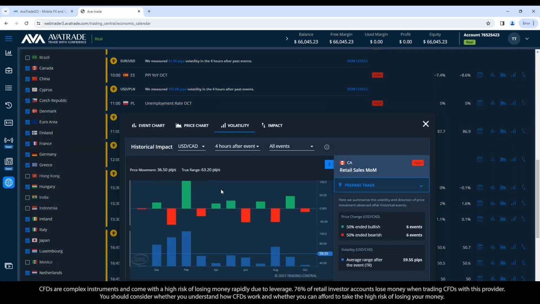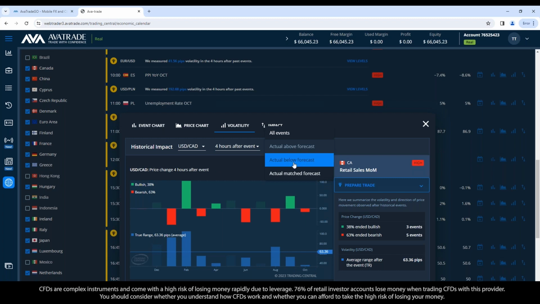And this one, I think we should see some pretty strong data. Retail sales have been a pretty strong focus. If we look at USD Canadian, if this comes in above forecast, 2/3 of the time, the Canadian pulls the USD down. That makes sense. If retail sales are higher than expected, above forecast in Canada, then the Canadian dollar strengthens against the USD 2/3 of the time, with a pretty big range of movement, 63 pips.